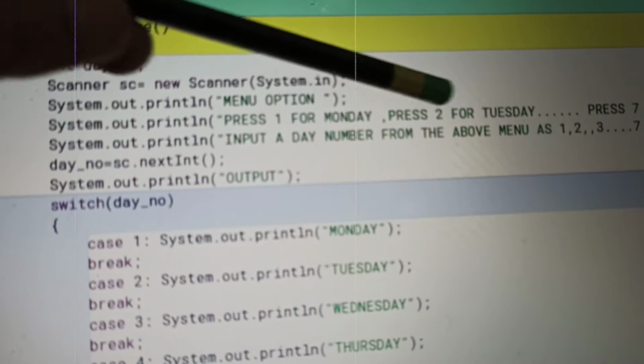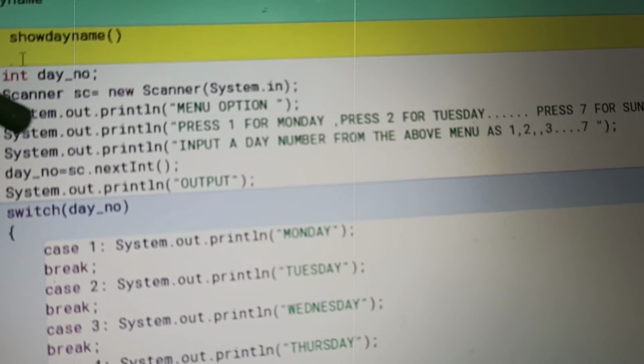This message menu option, press 1 for Monday, press 2 for Tuesday, and so on, will display on the output screen.